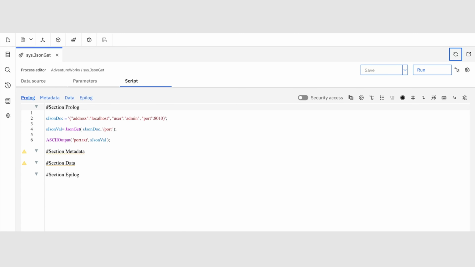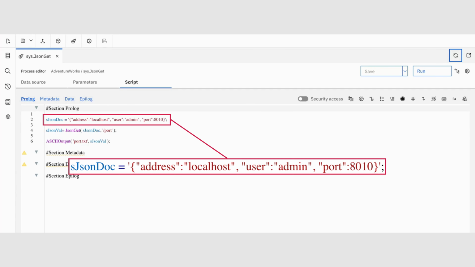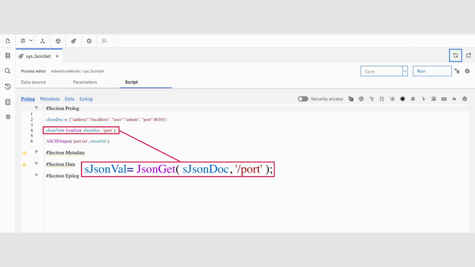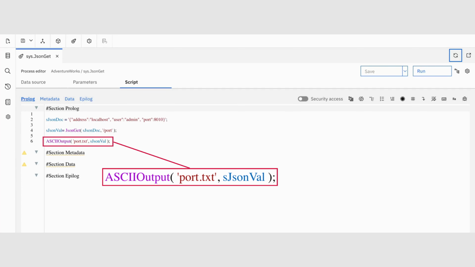In this example, I am retrieving the value from the port field in a JSON document and exporting it to a text file. The JSON document is stored in a string variable named sjsondoc. I use the JSON get function to retrieve the value of the field named port and store it in a string variable sjsonval. Finally, the variable sjsonval is exported to a file named